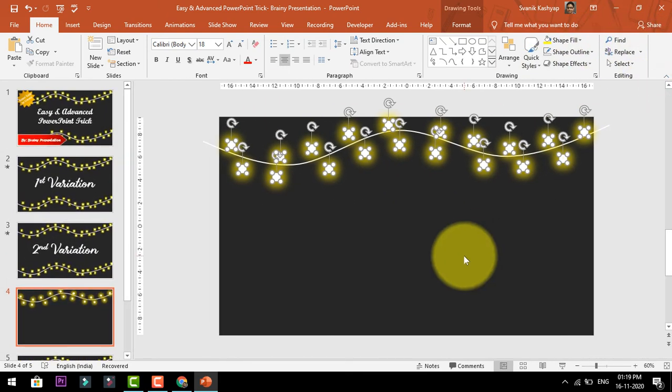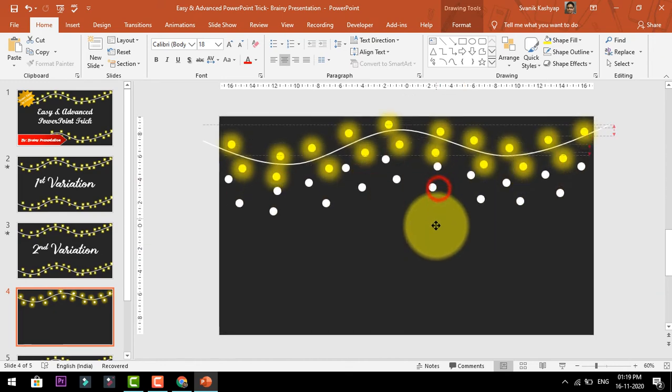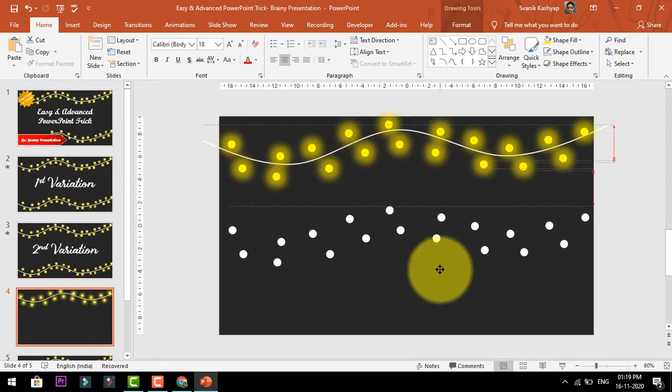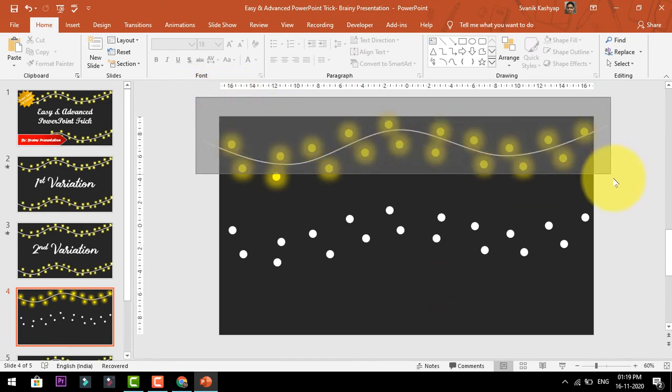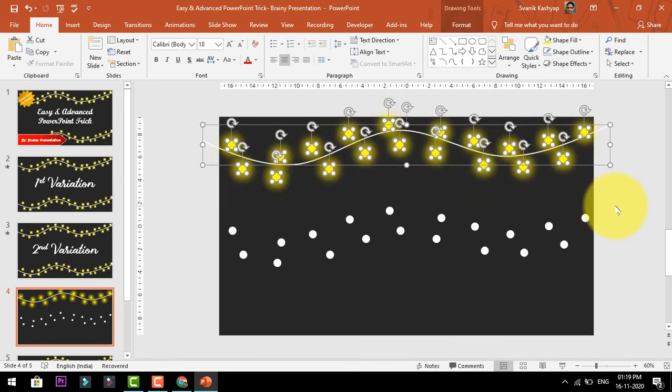Just press Ctrl G to group only the yellow circles. You can see like this. And then you select all the yellow glows, and if you have mistakenly selected your curve, then hold the Control button and click on it, so it will be deselected.